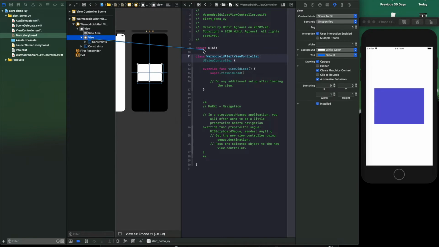For giving shadow or making any type of customization, we need the reference of the view or reference of anything, then only we can customize it. So let's give some name here like main alert view, that will make more sense.